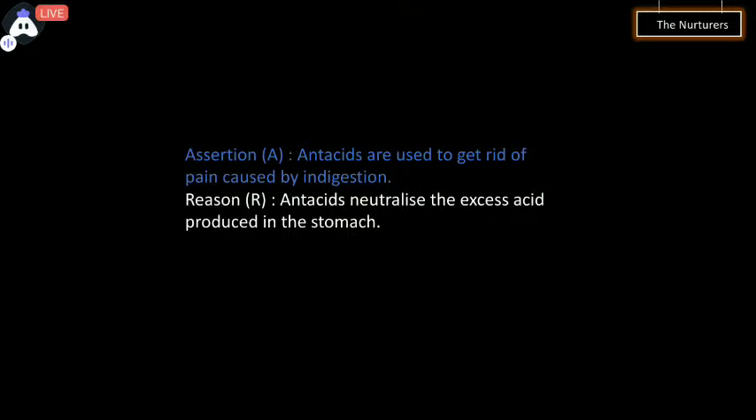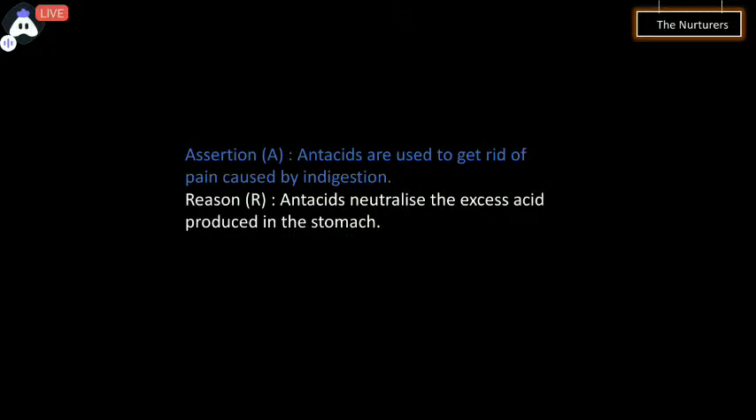Antacids are used to get rid of pain caused by indigestion. This is the assertion that antacids are used to get rid of pain by indigestion. Indigestion, when does indigestion take place? When we have excess amount of acid present in our stomach, and if we are not having proper diet, so that is the situation when